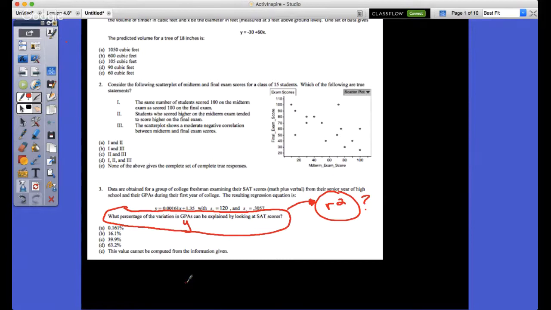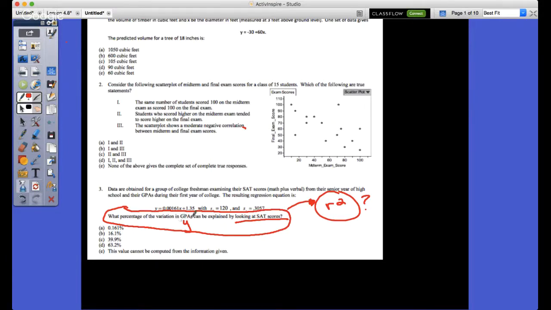Because this is the interpretation of that, right? The percent of the change in y can be explained by the least squared regression line, or can be explained by x. So r squared is the percentage of the change in y that can be explained by my x. The tighter this scatter plot is, the closer this gets to 100%. The percent is the power, okay? The tighter it is, the higher the power. But if this thing's scattered out, it's going to be a lower power, closer to 0.